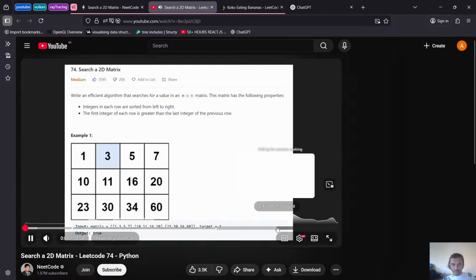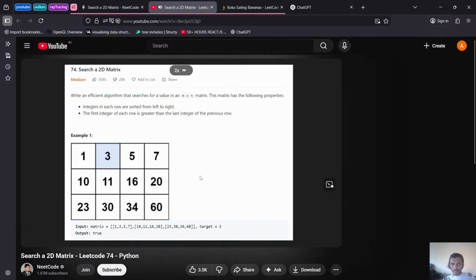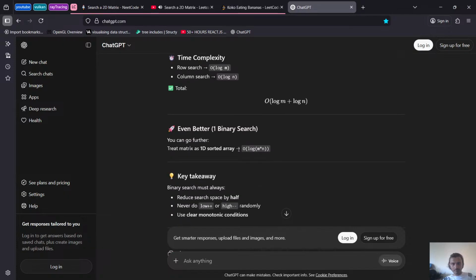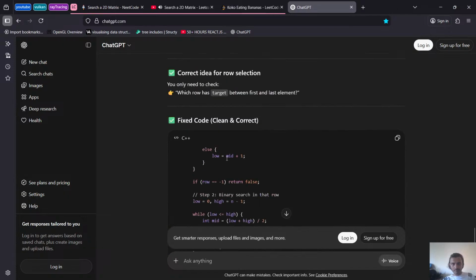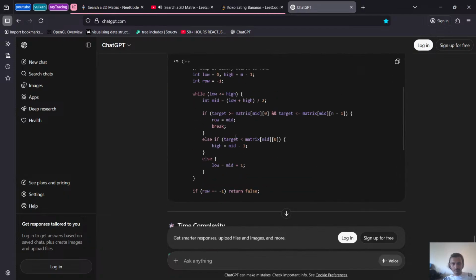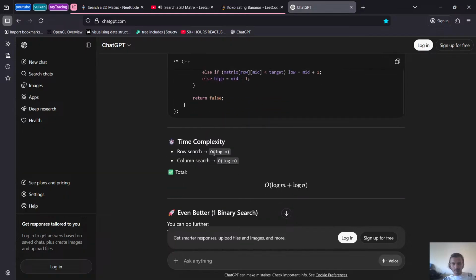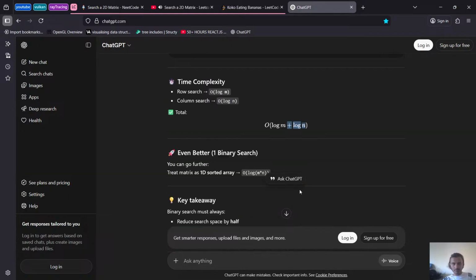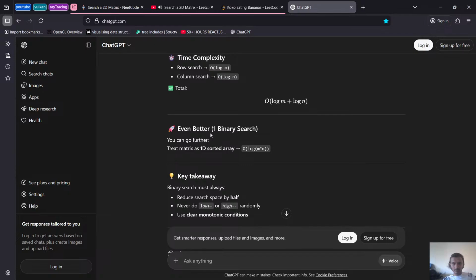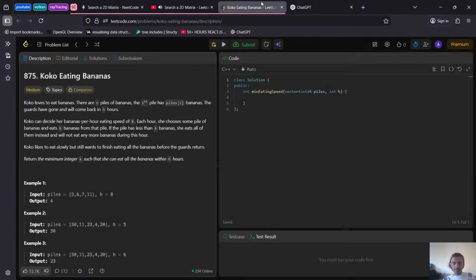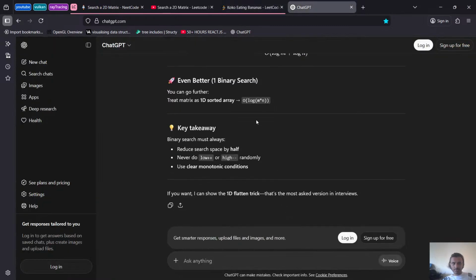Hey everyone, welcome back, and let's write some more NeetCode today. So today let's solve search a 2D matrix. And I really like this problem because it's not one of those problems that you need a fancy trick for. You can actually solve this problem just by using logic. So we are tasked with creating an efficient algorithm for searching for a single value in an m by n matrix. The matrix has two properties. In every single row, the integers are sorted from left to right, and